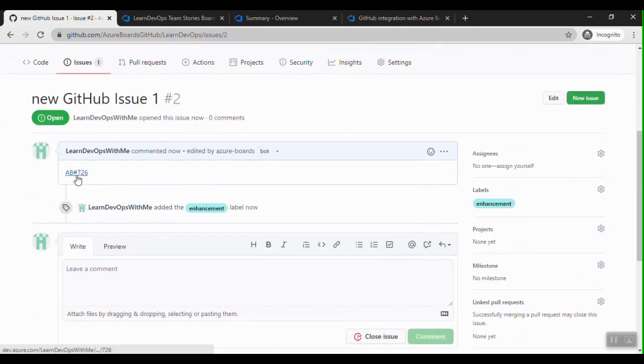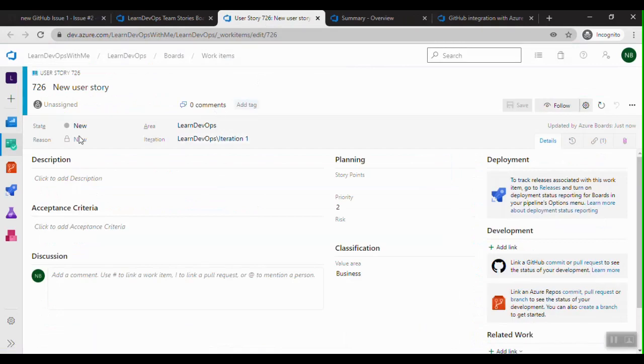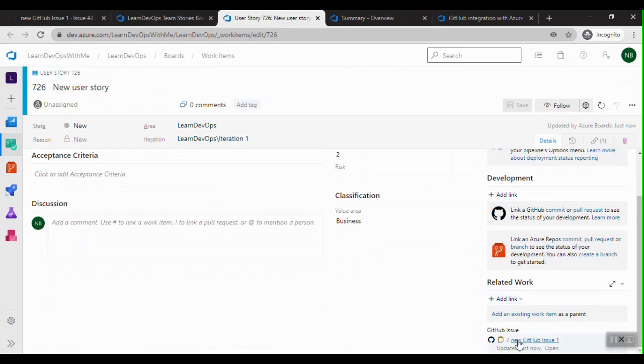You can see here automatically the comment is transformed into a link. If I click on this, it will open the Azure DevOps Azure Boards work item that we created, and in this work item there will be a link. You can see here the link to the GitHub issue.